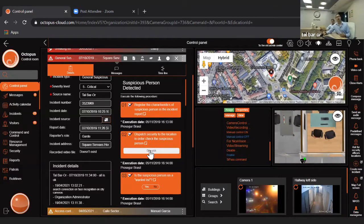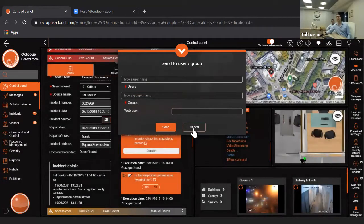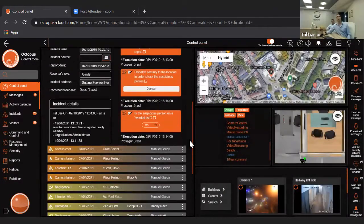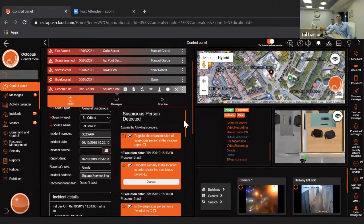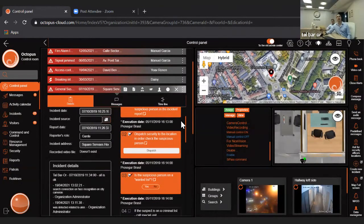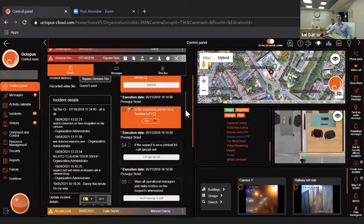You have here quick launch buttons that are inside the procedure, linked to the procedure, allowing you to activate. So if I want to dispatch now, I can dispatch directly by pressing a button. You can see here there are multiple options. So I can have questions for my operator. If I want to ask him a question, is this a real event? Do you need to escalate this event? And he can say yes or no. And this will now escalate and create further